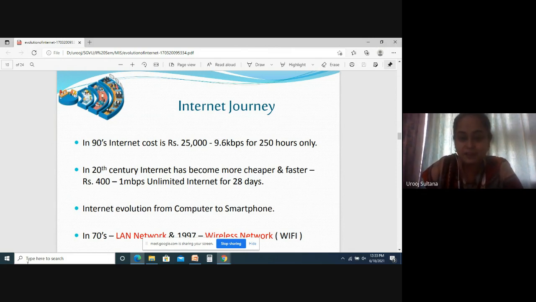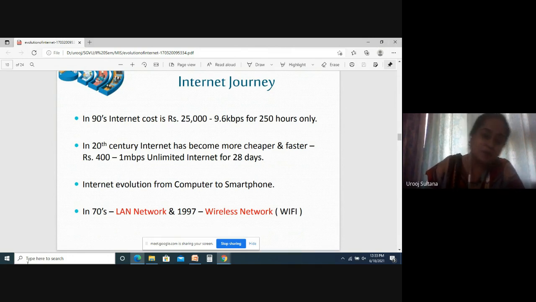We did that recharge, and 400 rupees we have to pay for 28 days, and only 1 Mbps speed was there for unlimited internet. Then internet evolution from computer to smartphones. Now we are having internet in our hands. So in the 70s,